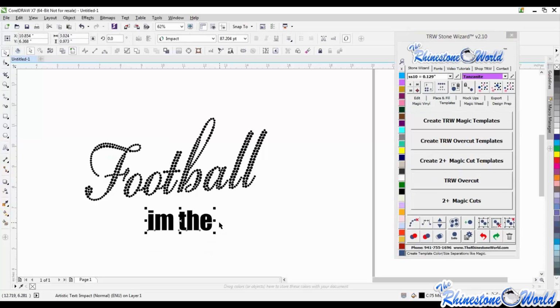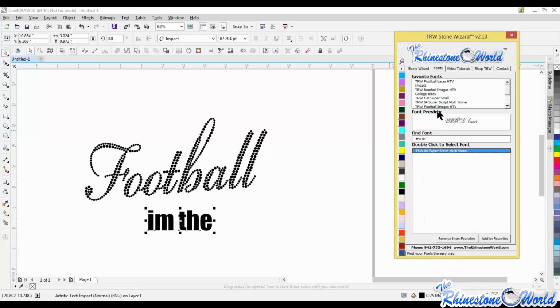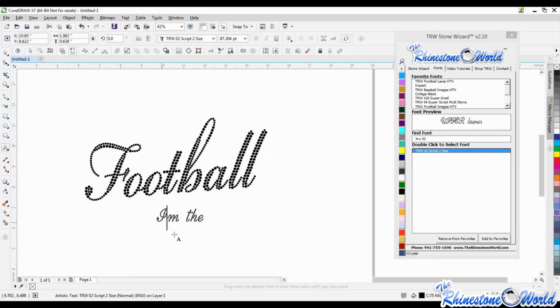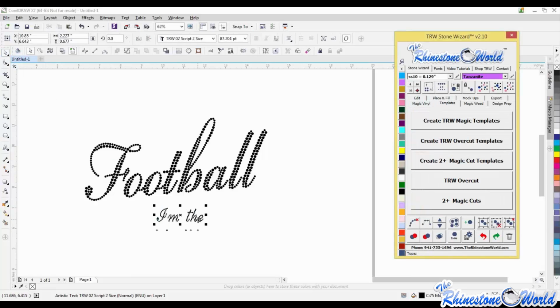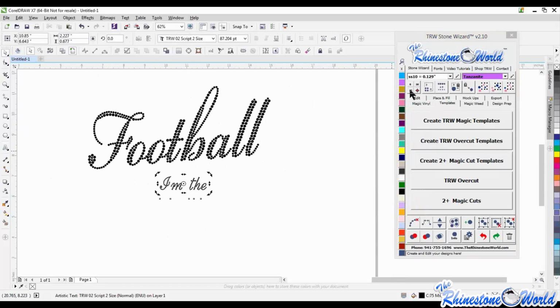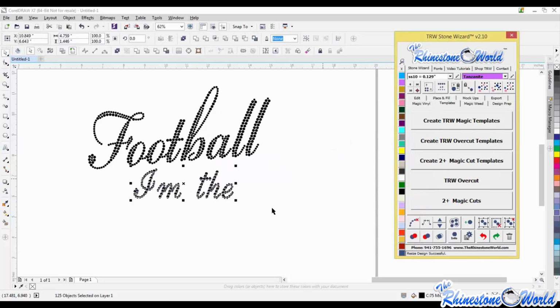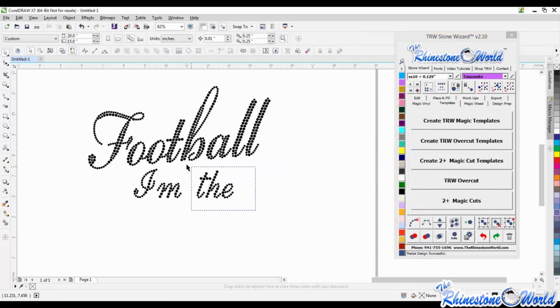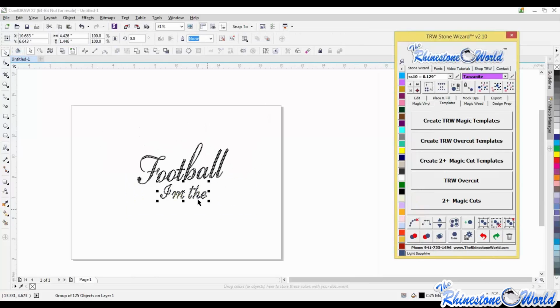I'm just going to try and turn this into a little design real quick just to show you how grabbing a couple different True Type fonts of different things that you can do. So I think I have a TRW02. This is a script 2 size as well. So I could do I'm the, let's see, since we already have 2 stone sizes on this one, you can see when I zoom on this one, this is a single row of 2 stone sizes. So I'm going to get that in there, adjust this over to there,